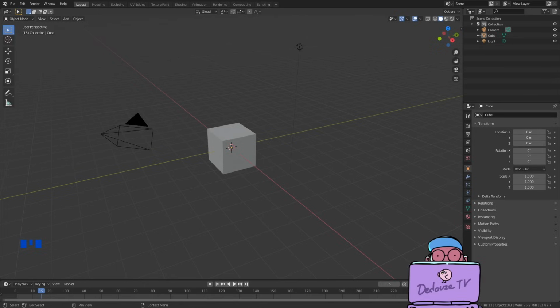So what is this? Where am I? Why is there a 3D cube here? What is the purpose of my life? Well, this cube is one of the default contents that Blender adds when you create an empty scene. You can manipulate it by clicking on it here, or you can click on it in the list of objects here that we call the outliner. The outliner shows all the objects available in your scene.